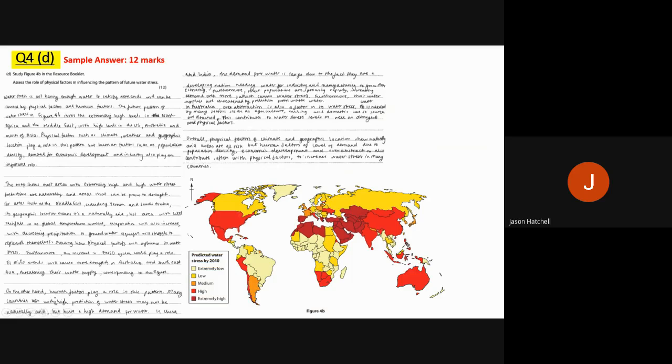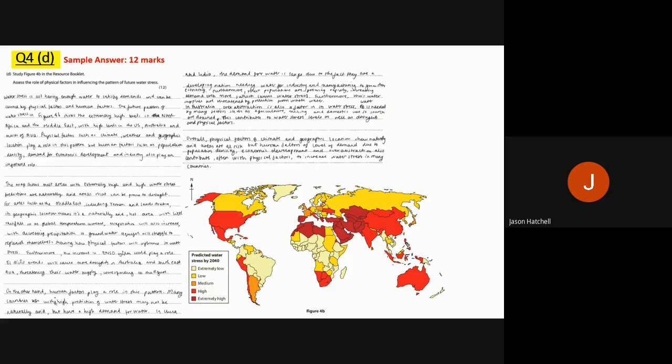It talks about how underground aquifers are probably low. It links climate ENSO cycles in here in the Pacific, changing weather every few years across the tropical regions and the areas of high water stress. So that's all the physical factors. And then it says, however, or on the other hand, human factors also play a role. So it talks about